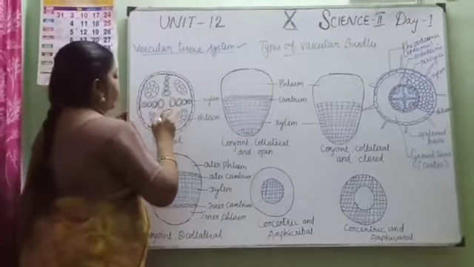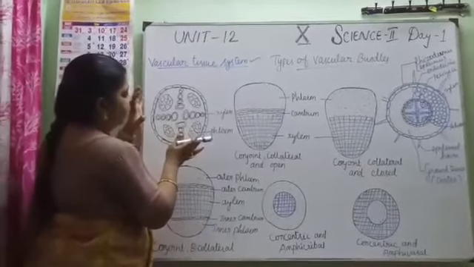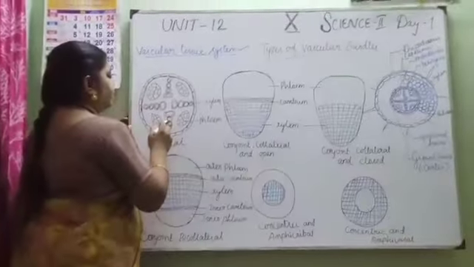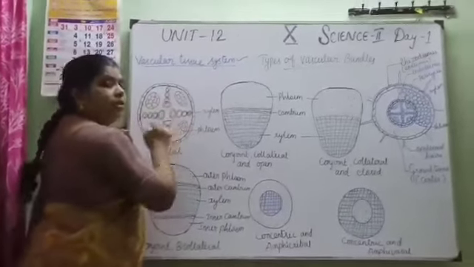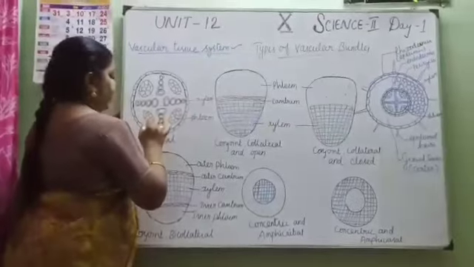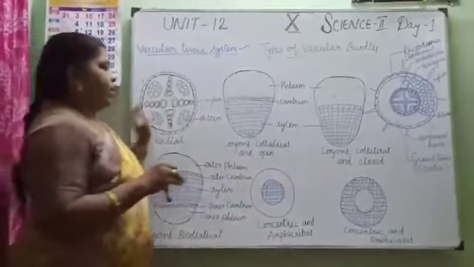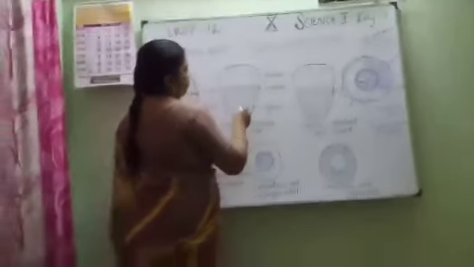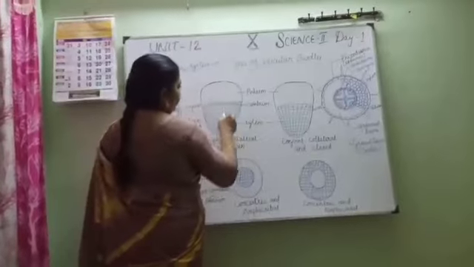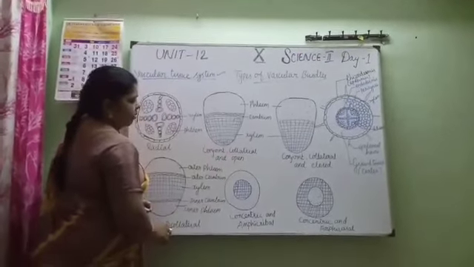Here xylem alternates with phloem. So this is a peculiar arrangement of vascular bundle. Xylem plates alternate with phloem plates. So it is present on different radii and is called radial bundles. Example, monocot root and dicot root. Next, conjoined vascular bundle. Xylem and phloem lie on the same radius. There are two types, collateral and bicollateral vascular bundle.